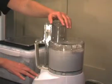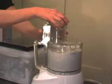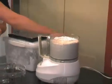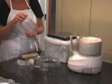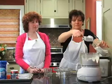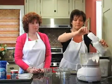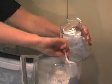Okay. And that's our pancake mix done. Wow, that is so easy. And what I do is put it in a mason jar. It's going to keep it nice and airtight, and it's also very inexpensive. Okay. And then I'll show you exactly what we can do with